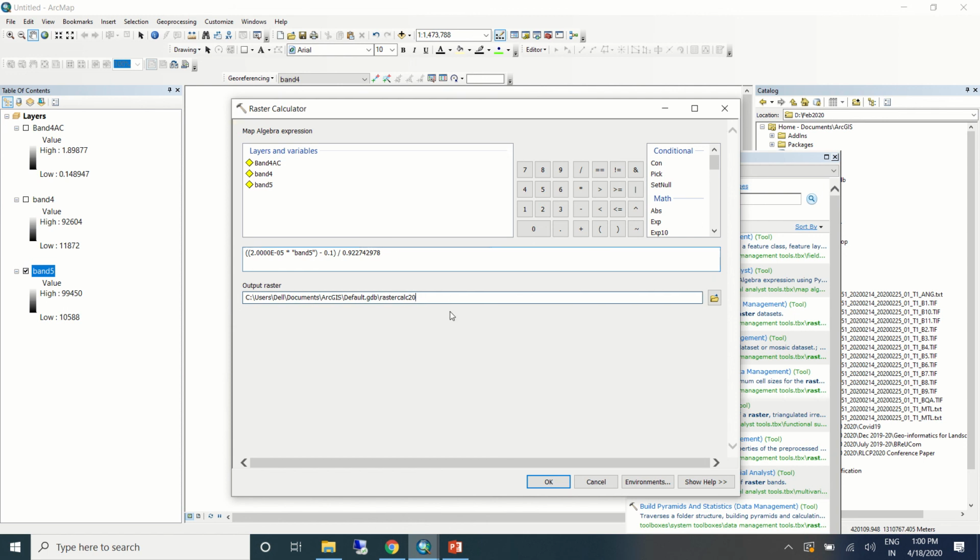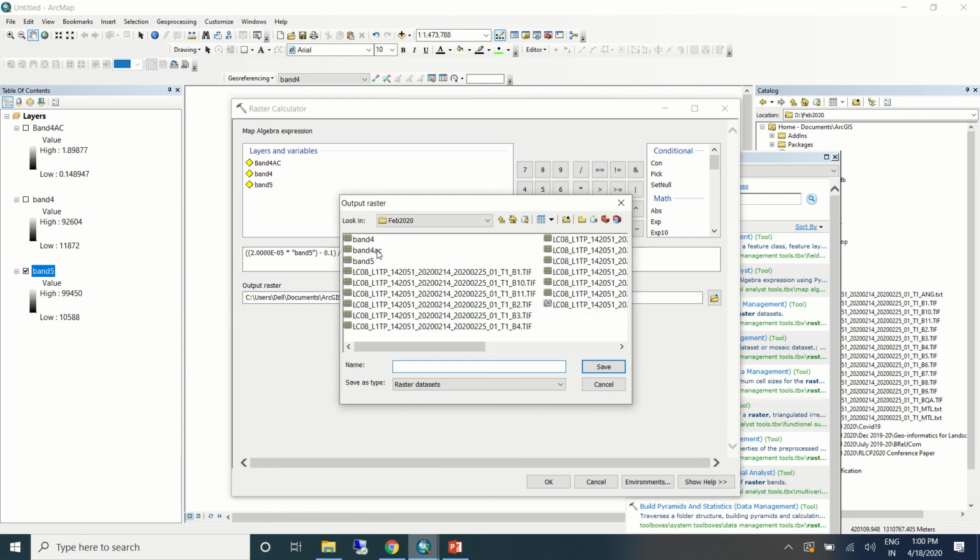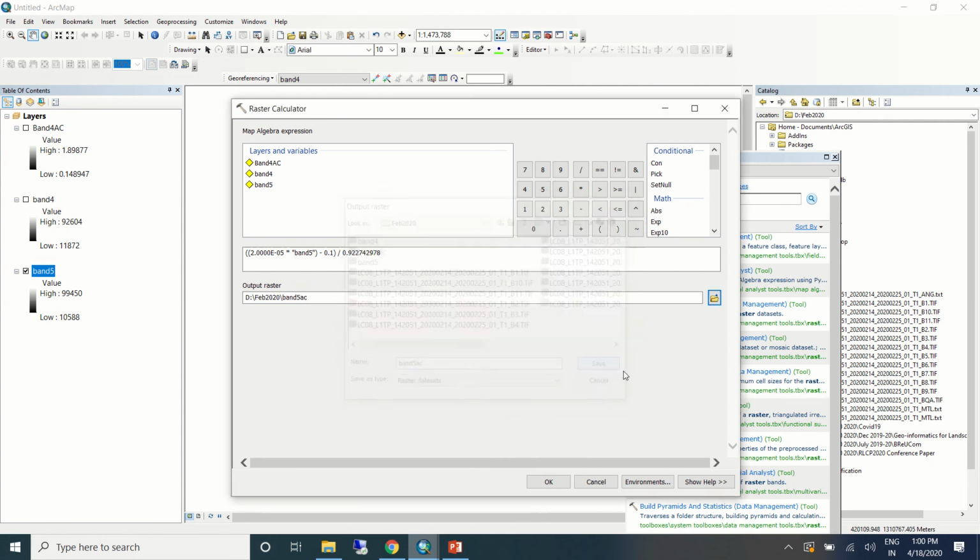Paste it here, save it. This is band 5 atmospheric correction. Save it.